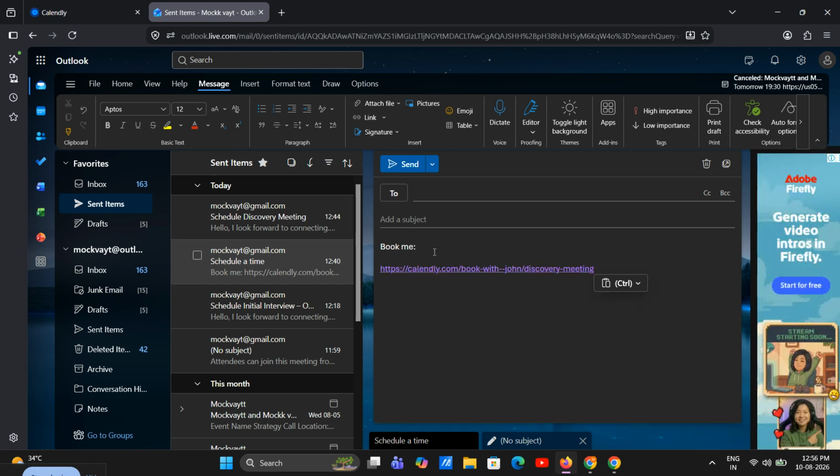And here's an important thing to remember. The recipient will not see your private calendar or your existing appointments. They will only see the available booking times you've configured inside Calendly. So your privacy stays protected while still making scheduling easy and convenient. If you want, you can also double check your event availability settings before sharing to make sure everything looks exactly